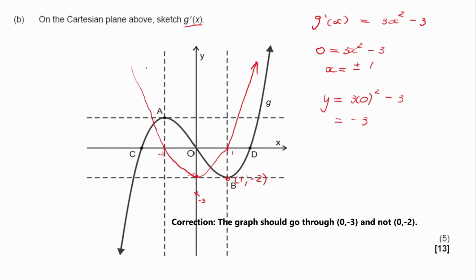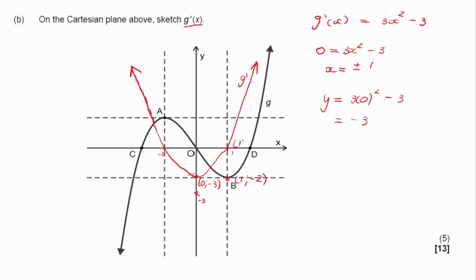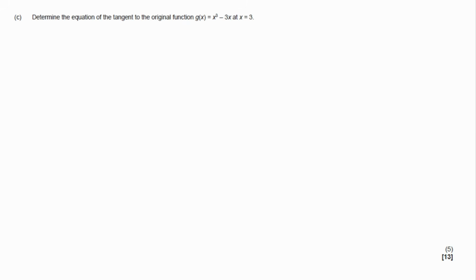Okay, so we know a parabola will look something like this. Sorry, my drawing's not the best. So this is the graph of g prime. Make sure we label these points properly. Okay, good. Now what we have to do is determine the equation of the tangent to the